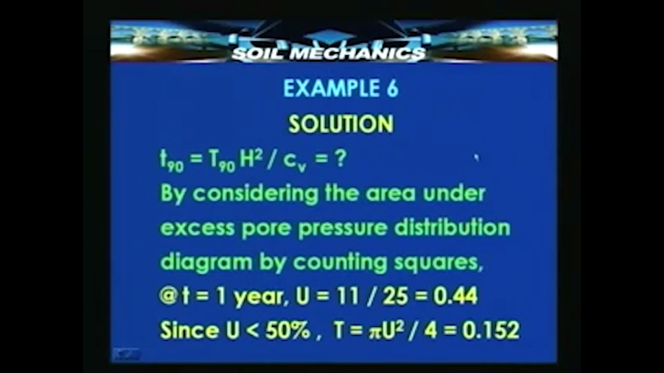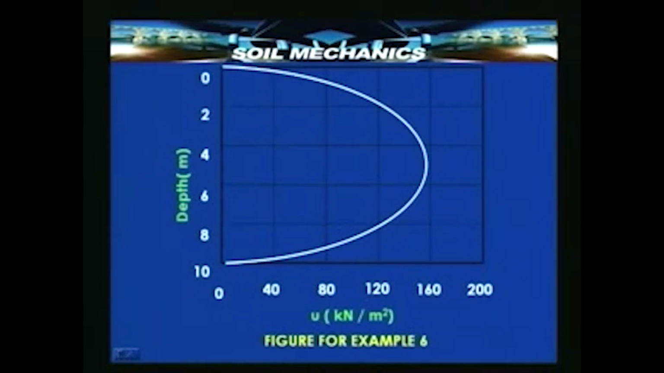So, what is the solution? The solution is we have to find out the time taken for 90% consolidation, that is T90, that is what we need to find out. It can be done very comfortably in this specific instance by simply studying, if you take a look at the picture again, the area occupied by the initial excess hydrostatic pressure curve,